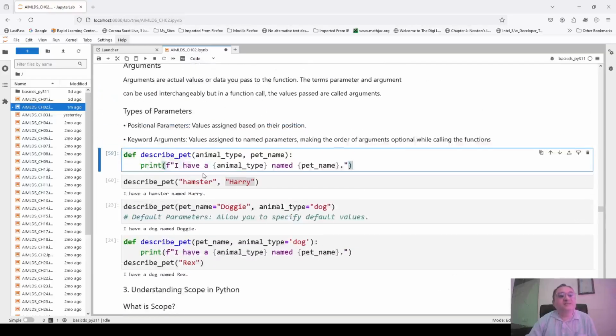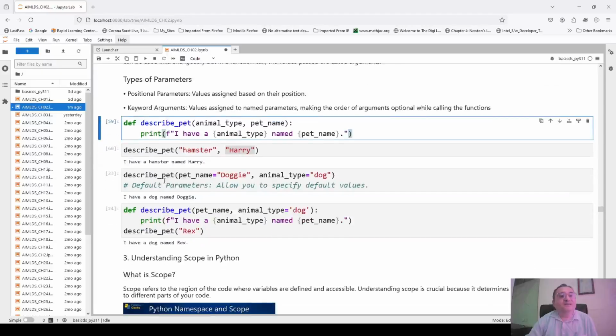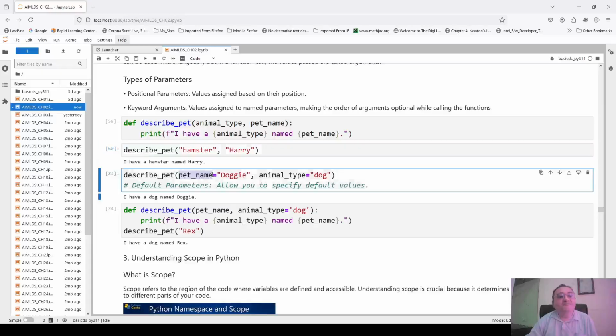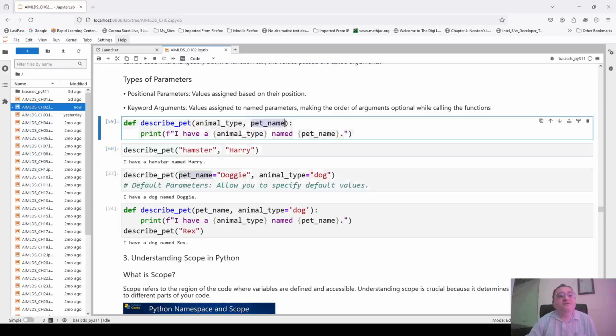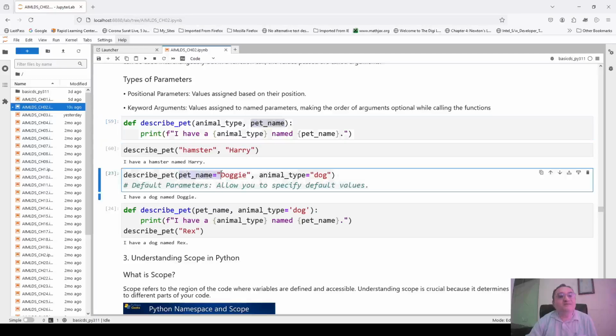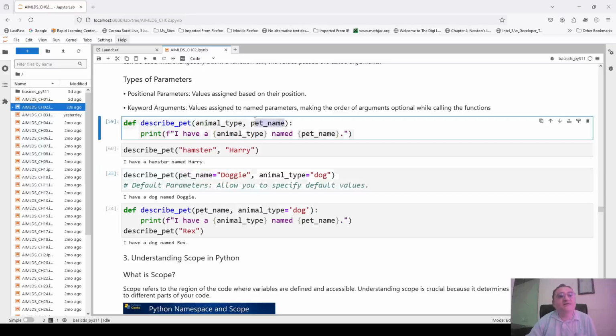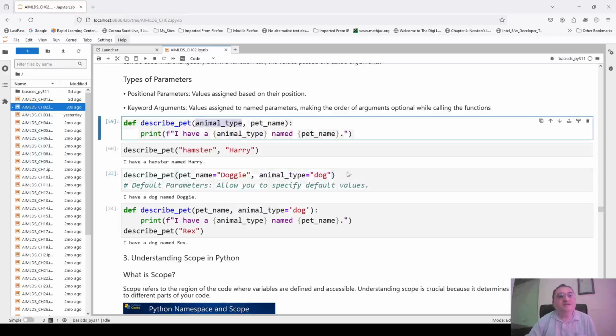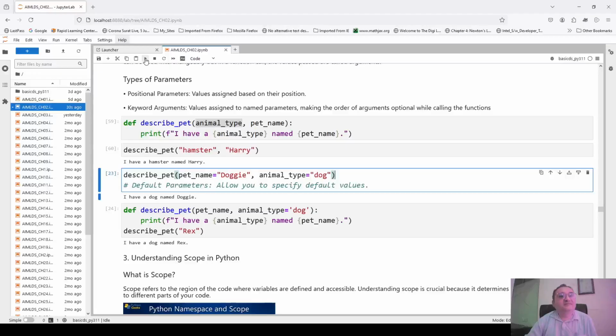Now the question is, is it compulsory to maintain the order? No, we have seen that you can call the function along with your parameter name. Now this pet_name is the second parameter, but I want to pass it first. So pass it first, no problem, but specify clearly that you are passing pet_name. So pet_name equals doggy. So you are actually calling your dog affectionately doggy, and animal_type is equal to dog. So this would be assigned a dog, and then I have a dog named doggy. Okay, so that is how this will go.